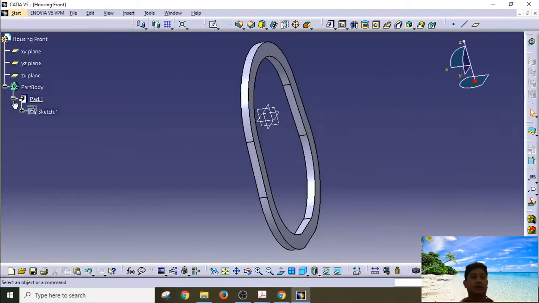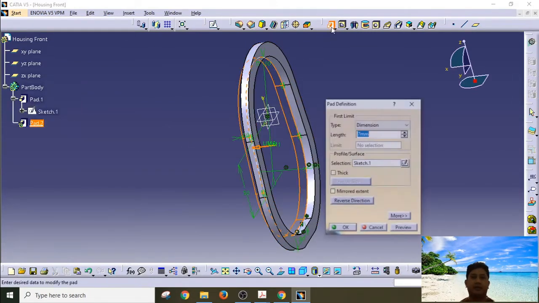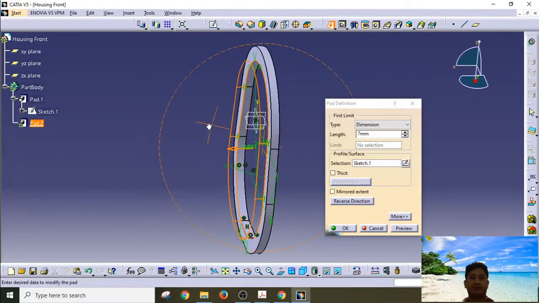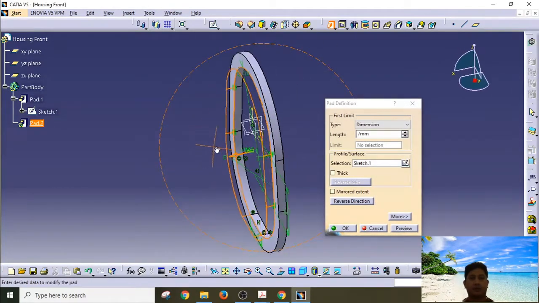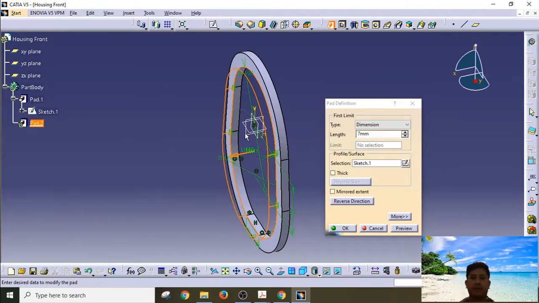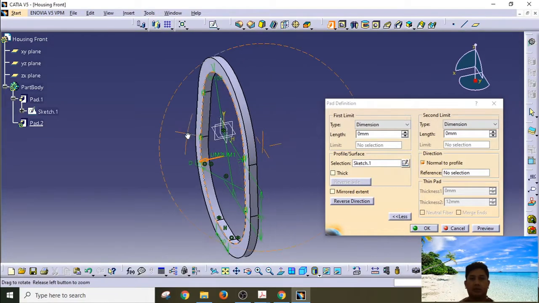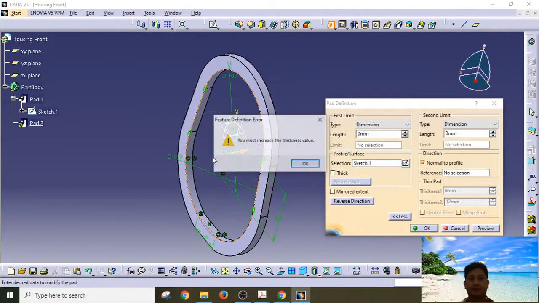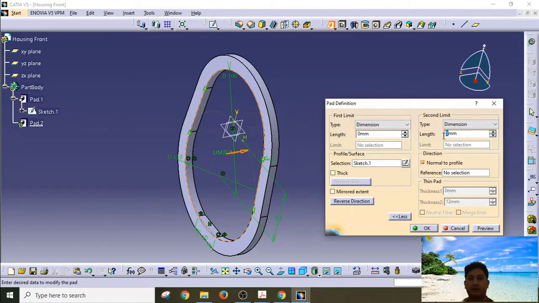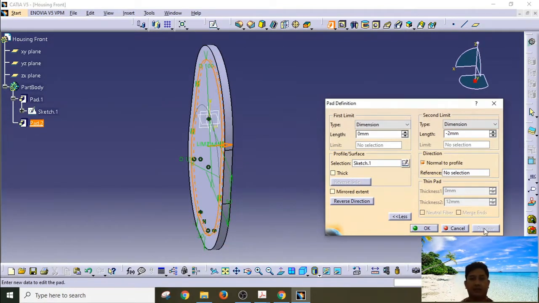We maximize back the part body. Part 1, click sketch button. We create the second sketch using the sketch just now, and change the length to 0. We click on more. Now we need to create this one, negative direction, negative 2 millimeter of the sketch, and